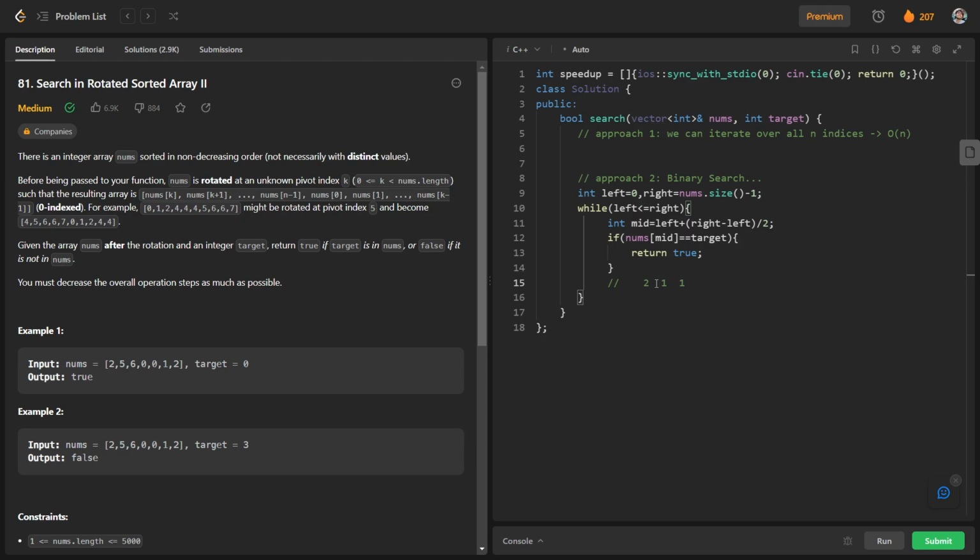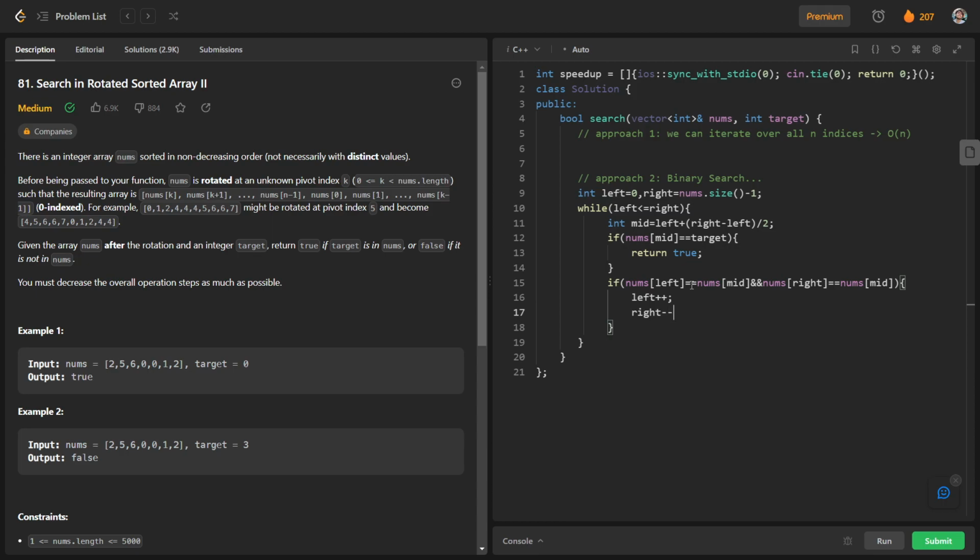And we can check for the resultant array. We will check for this array. So basically what we are doing, we are increasing the value of the left index and we are decreasing the value of the right index. So that's what we will do here first. So if nums[left] is equal to nums[mid], and again nums[right] is equal to nums[mid], in this case we will just increase the value of left and decrease the value of right.